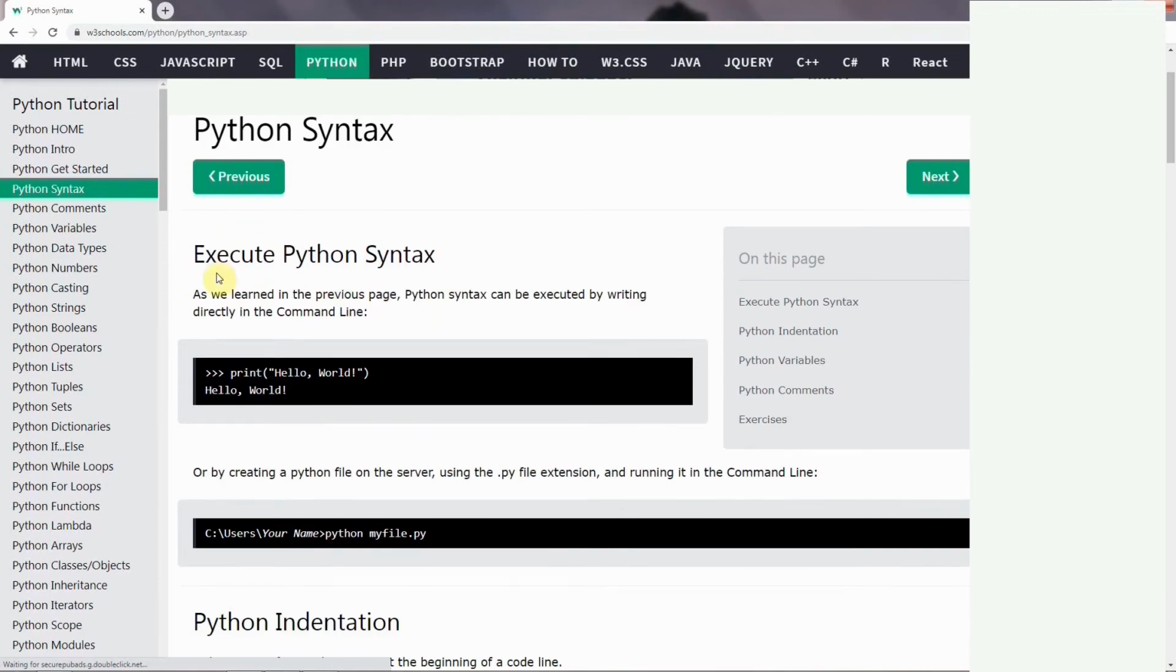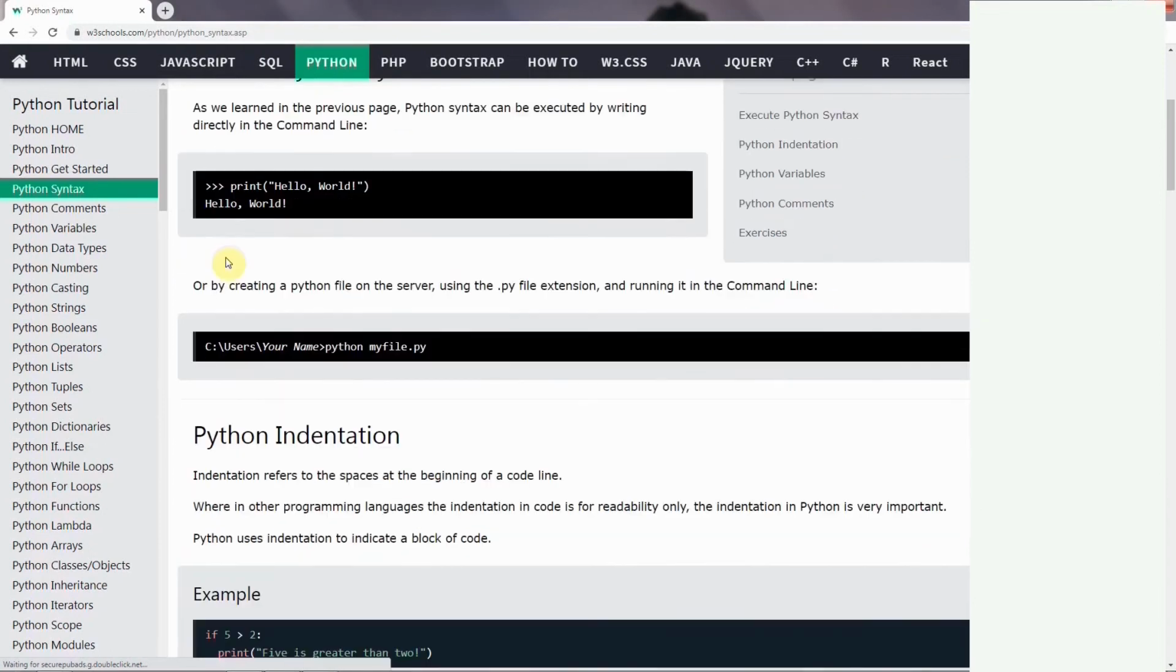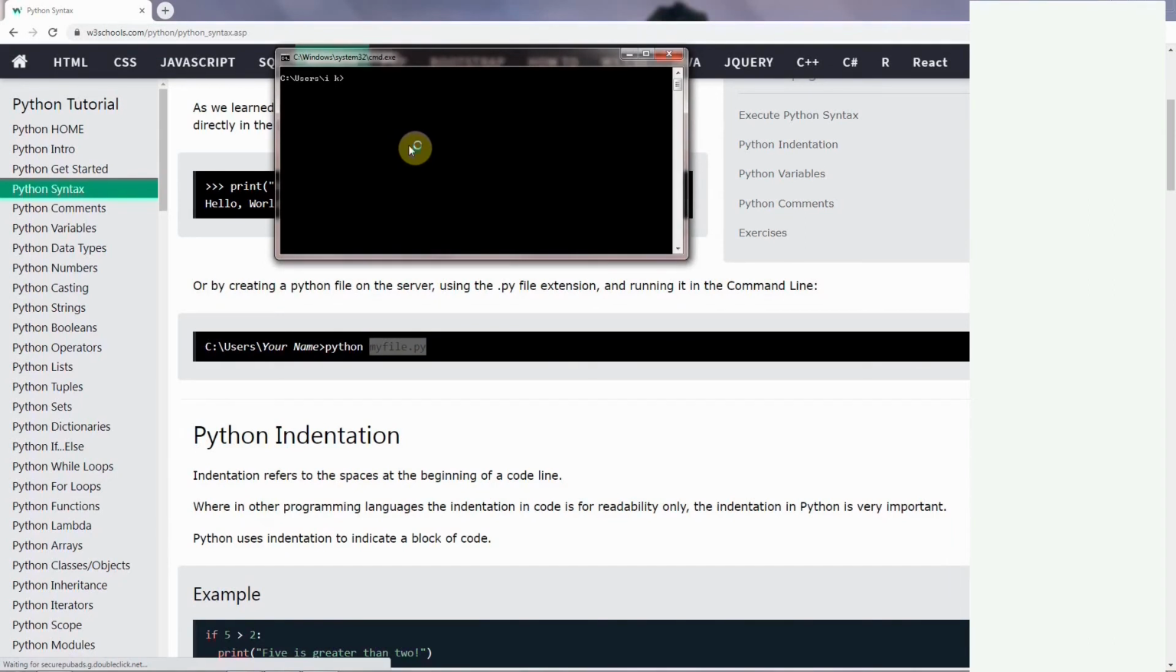Python syntax. Python syntax can be executed as you're writing directly in the command line. This is a syntax. Or by creating a Python file that I explained before. If you wanna repeat it,